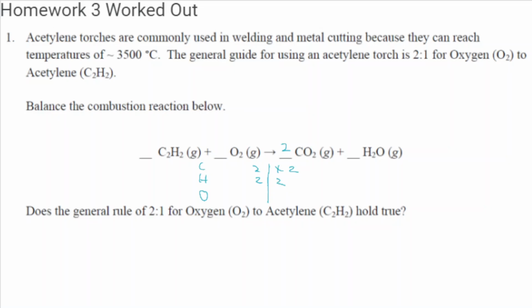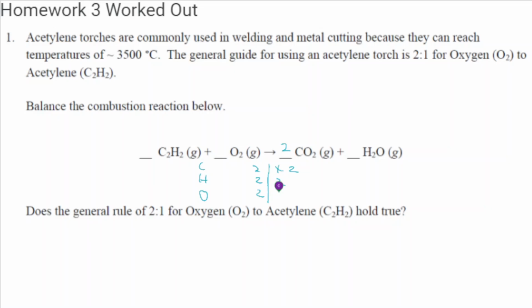Now we're going to look at the oxygens. For the oxygens, we have O2 here, so we have 2 there. And then on the product side, we have our 2 coefficient here and this 2 subscript. These are going to be multiplied together, so we're going to have 2 times 2, giving us 4 oxygens from the CO2. And we also have this 1 extra oxygen from the H2O. So you need to look at every single compound when you're looking at this. On our reactant side, we had 2 from the O2, and then on the product side, we had 2 times 2, giving us 4 from CO2, and 1 times 1, giving us 1 from the water,